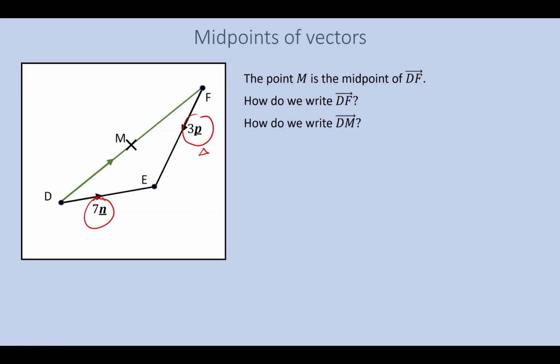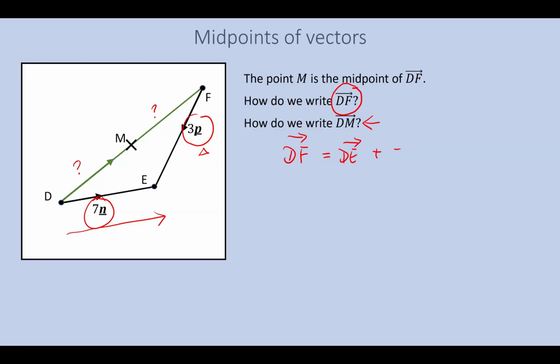What do they want me to do? Ultimately, they want me to write down the vector of DM. I will need the help of DF first, because I have no information at all from this side. But what I can do is find out DF, and then use it to find the midpoint. So my intention for DF is this way, DE